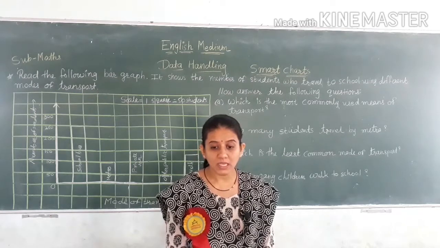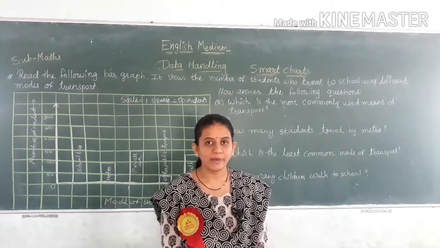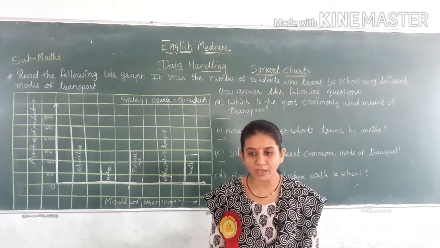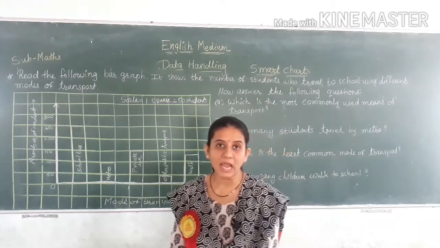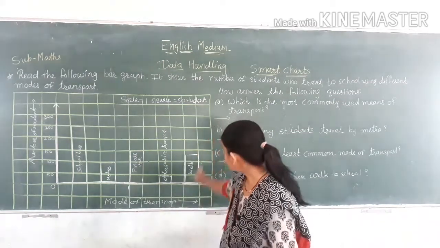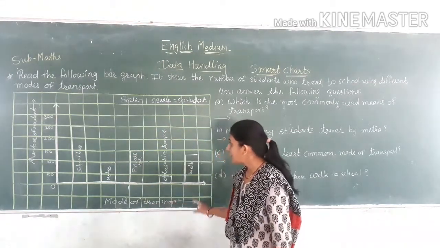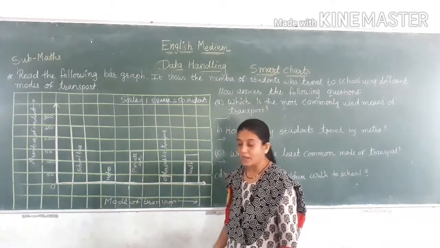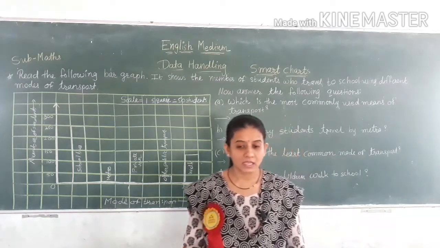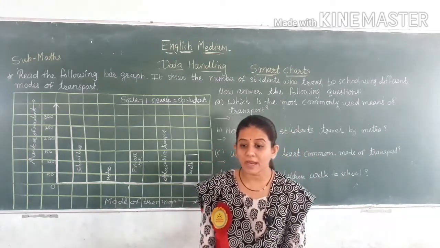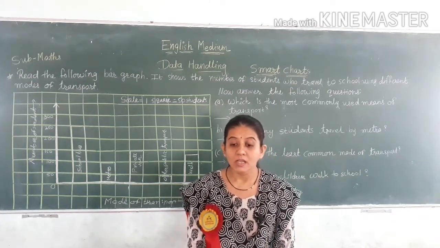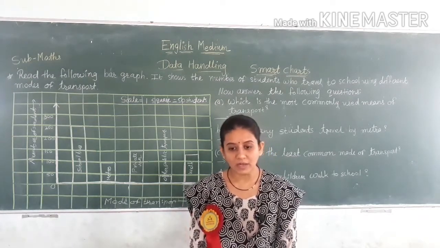A bar graph is another way of representing given data. A bar graph is made by drawing bars on paper having many small squares of equal size. It is made with squares, and all the squares are equal.